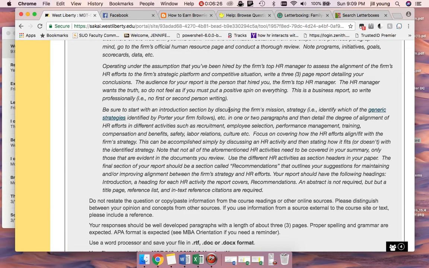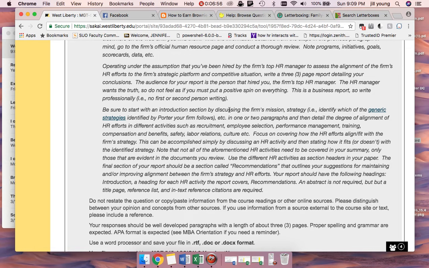So when you go, and you kind of have to dig for this, because you're going to have to find out, I mean, you're just basically doing the research and finding out what do they do from the HR perspective first, and then what does their overall strategy show, and then I mean, you might need to look for HR articles on the company to kind of figure out, is it supporting the overall strategy?